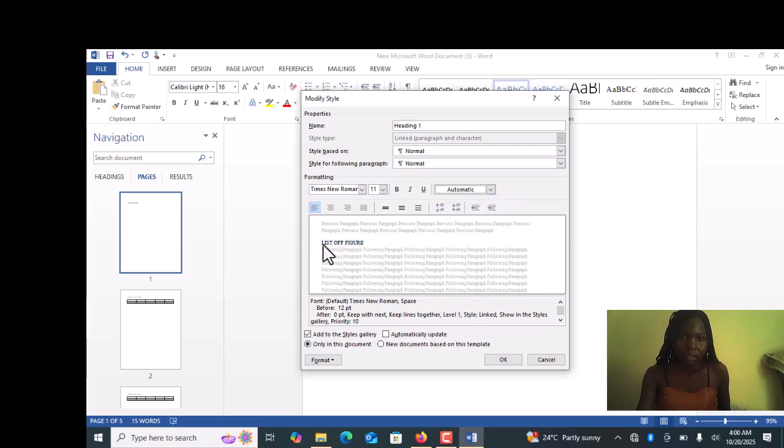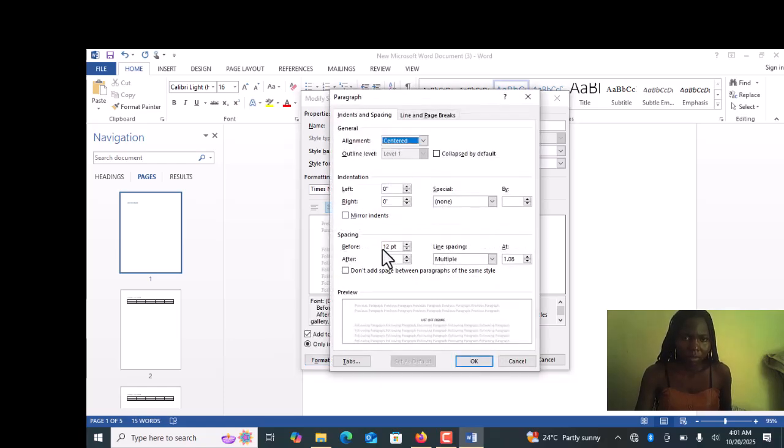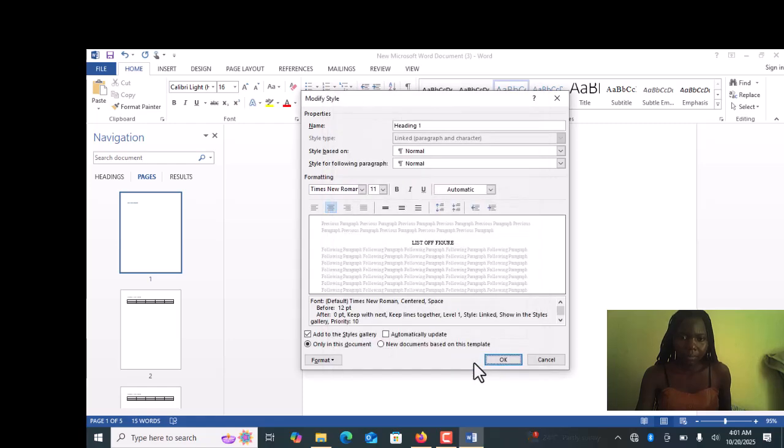Then for the position here, you can put, then you move this to middle. After making it middle, this one is okay. Then you press OK,